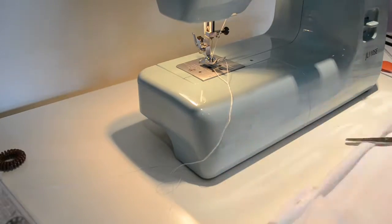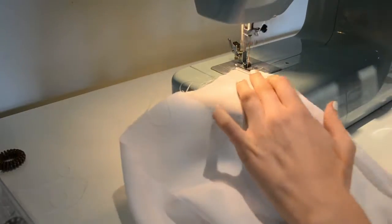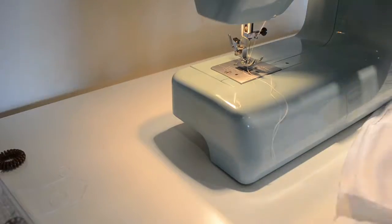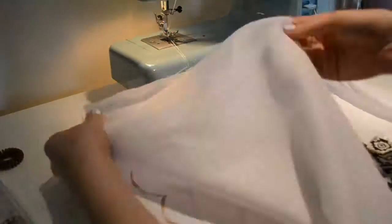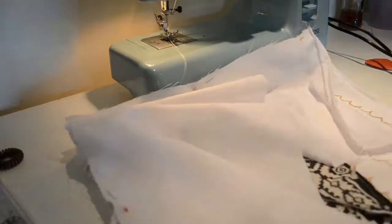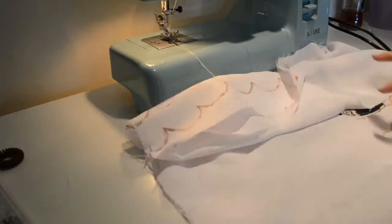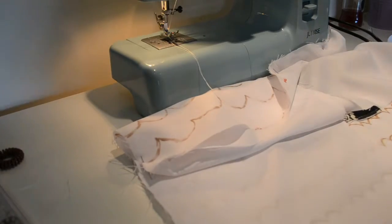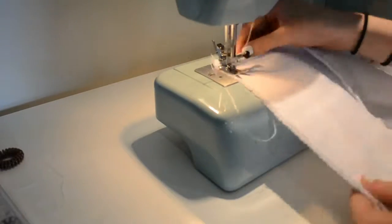I am now hemming the top edge of one of the smaller sides of the long thin piece. And then I'm pinning it good side to good side along one edge of the front piece. And then along the bottom and up the other side. And then sewing along the